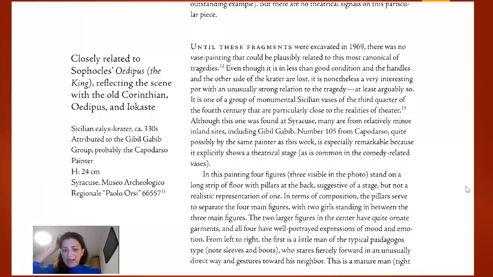So, okay, let's look at a couple of examples from this book by Oliver Taplin. One of them, which I'm happy to give you if you don't have it already, is the Capodarso Oedipus, and see how he presents it here. Closely related to Sophocles' Oedipus the King. He refers to this vase painting in this manner, reflecting the scene with the old Corinthian Oedipus and Jocasta, okay, and then the data that make the identification of this painting possible, and an analysis, which I'm happy to give you, but